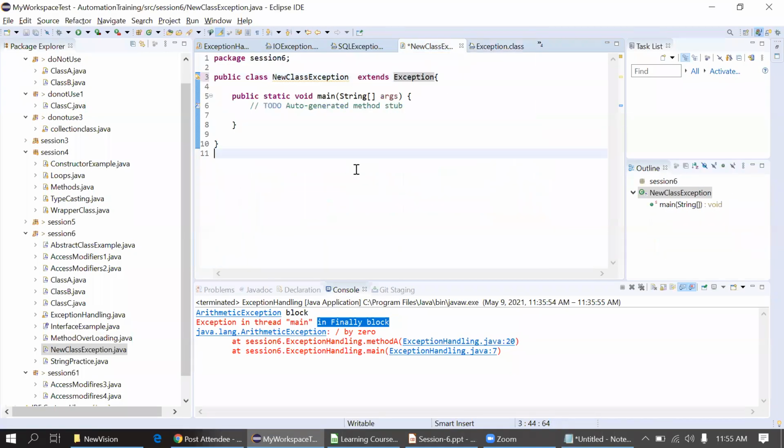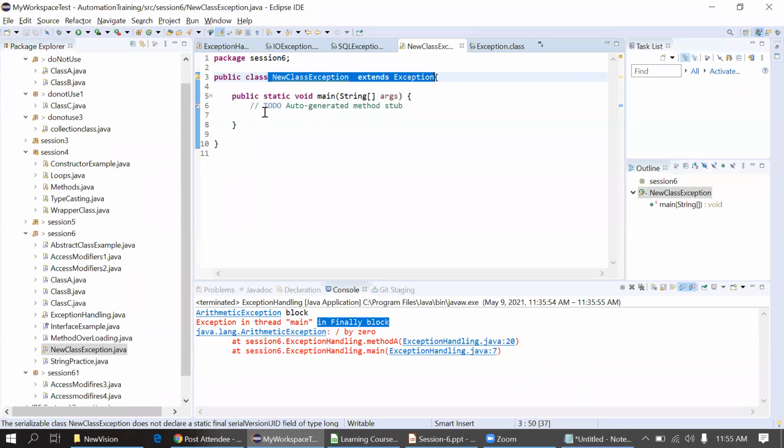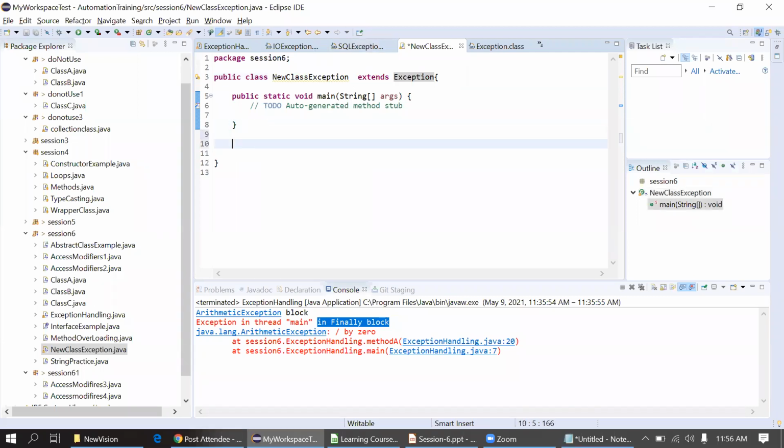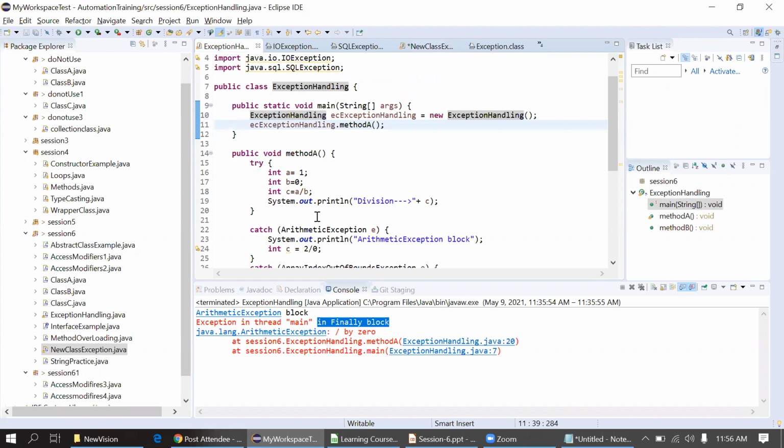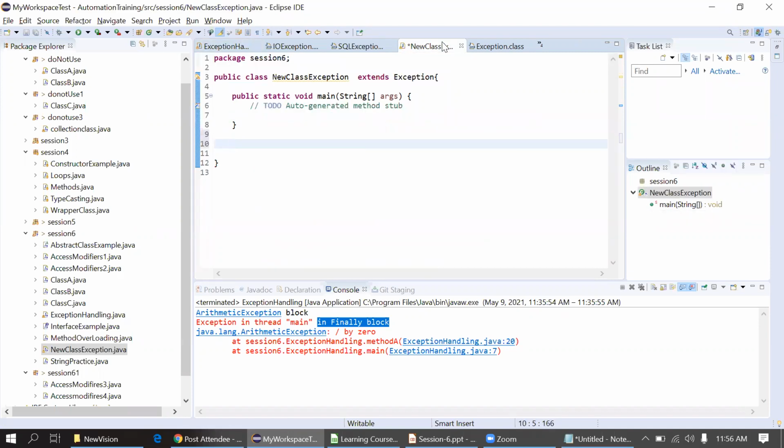So suppose if you are doing this kind of thing, your requirement is to create a new customized exception that can be used in different scenarios. I'm not sure about how to create it now because I did it a very long time ago. So you can create a customized exception and handle it in this way. You can simply write this catch and the new customized exception that you have created by using this new class. So this is a way to create a new exception, not to handle the exception.